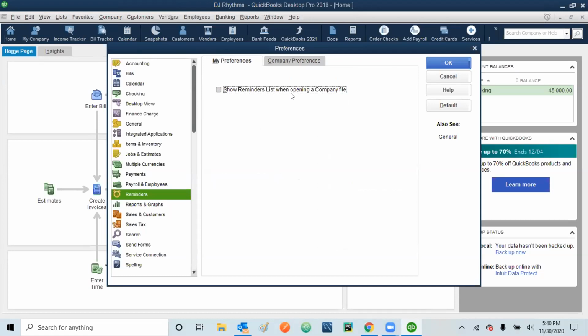So we create reminders. Normally when we are working as an accountant or bookkeeper, we have a lot of things to do. If we don't remember something, we may skip the due dates. So for those purposes, whenever we are opening the company's account in QuickBooks, it gives us the reminders, so that we work on those reminders first, and then we start our day. Or at least we know that these things we need to finish before the end of the day, right? So just click Show reminders, and then OK.